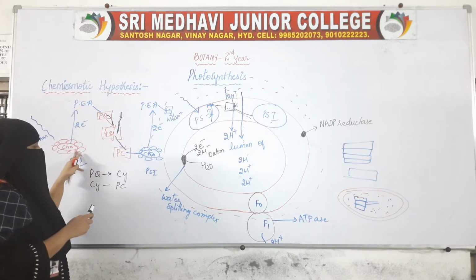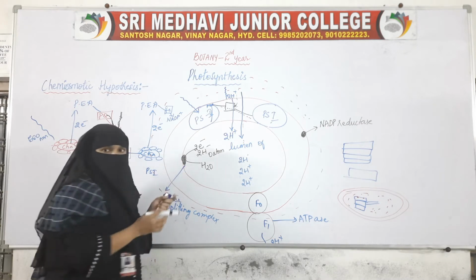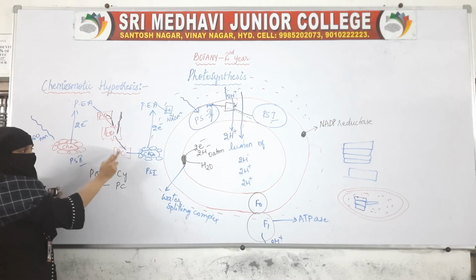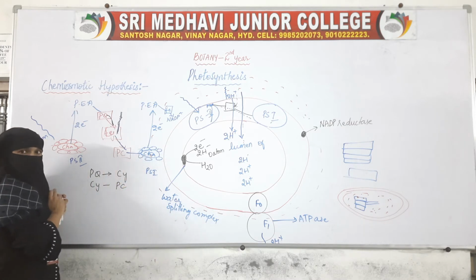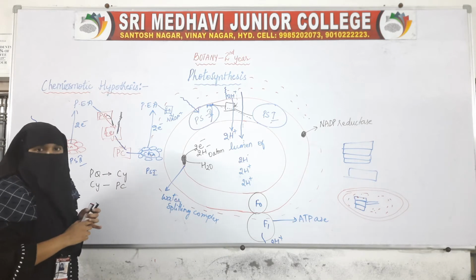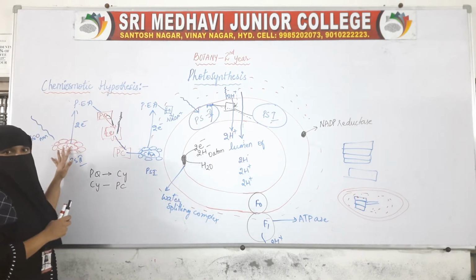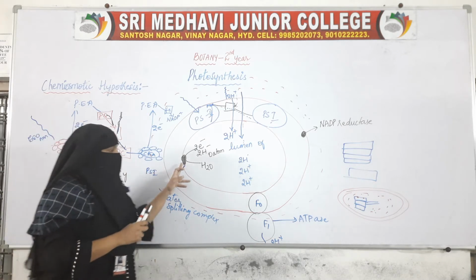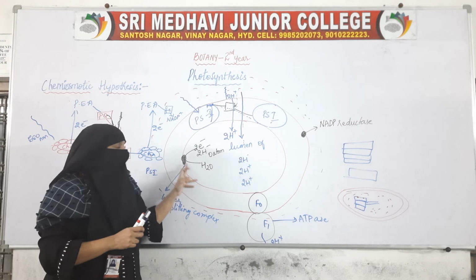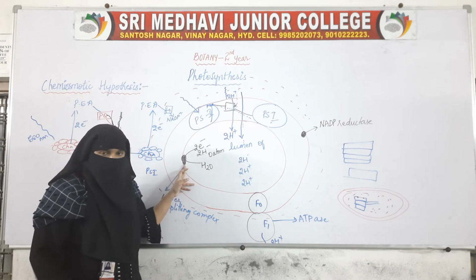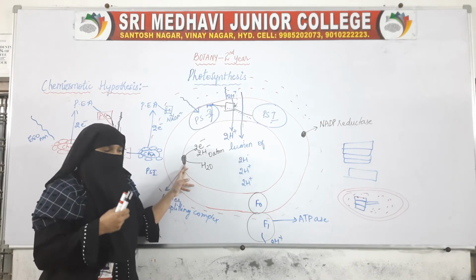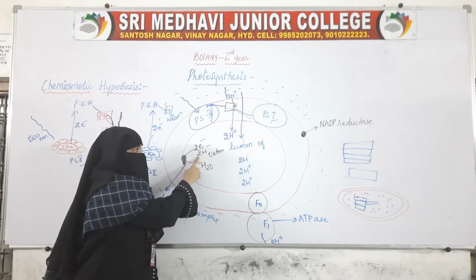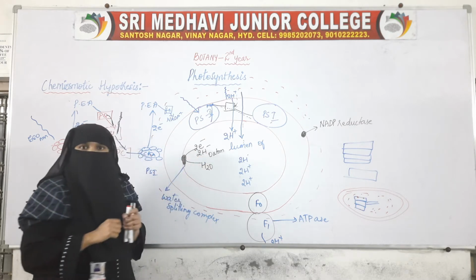Photosystem 1 wants the electron back now. So what happened here? The water splitting complex is there. The electron was ejected and given to this plastocyanin. This plastocyanin has given the electron to chlorophyll, that is photosystem 1. It does not have an electron, so it wants its electron back. So at the inner membrane of the thylakoid, the water splitting complex is present. Here water will be split into a pair of electrons, a pair of protons, and oxygen will be released.